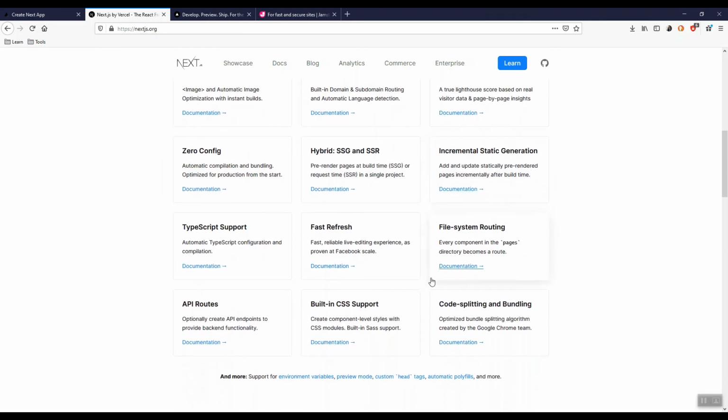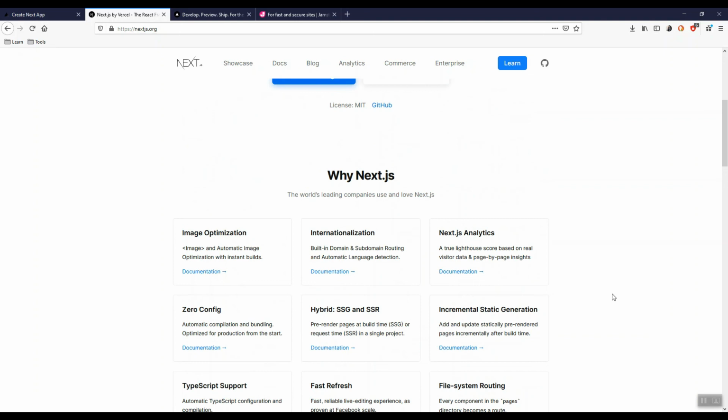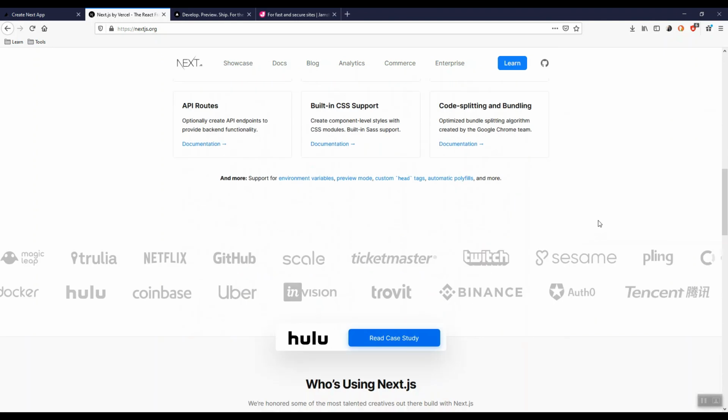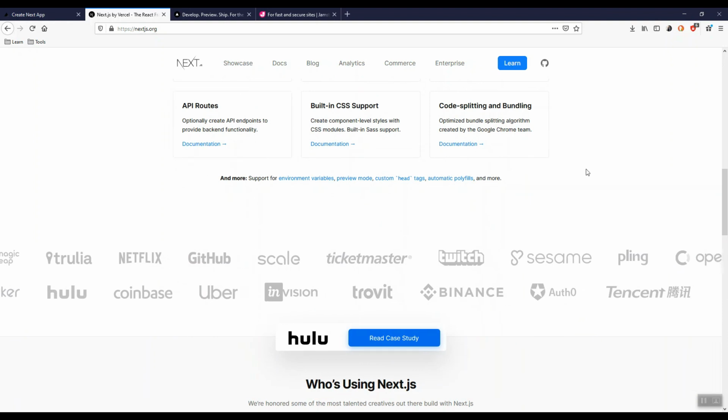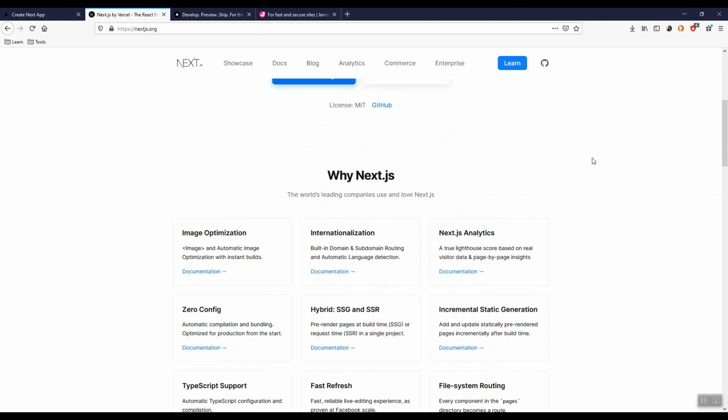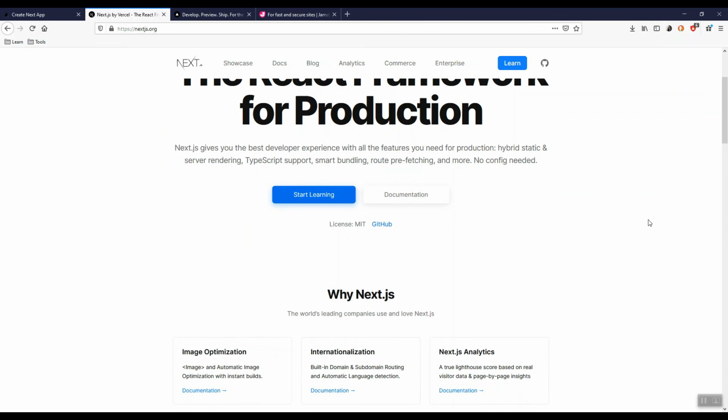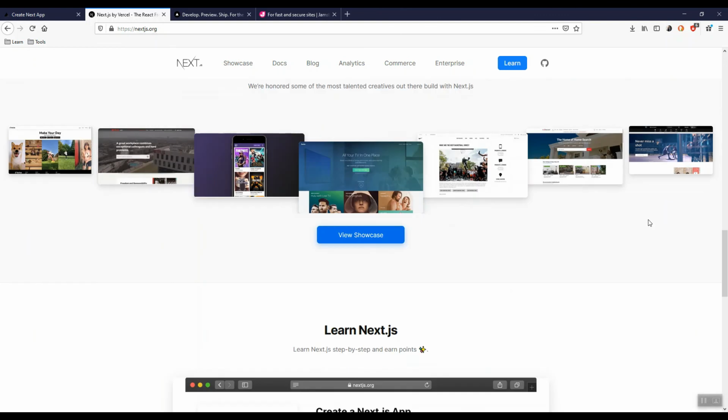These are a few of the features. Next.js has many features that we will discover throughout the video. These are some key benefits of Next.js, and we will see how fast it is compared to other static site generators in the Jamstack community.